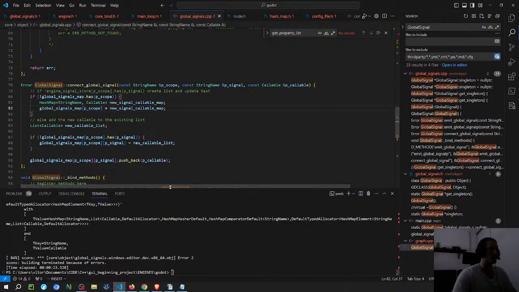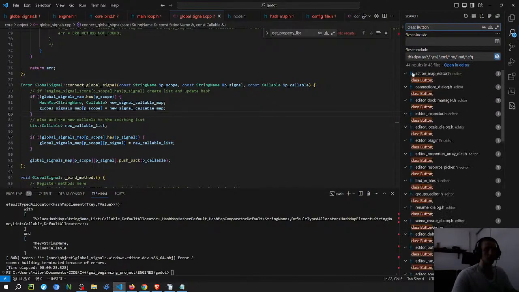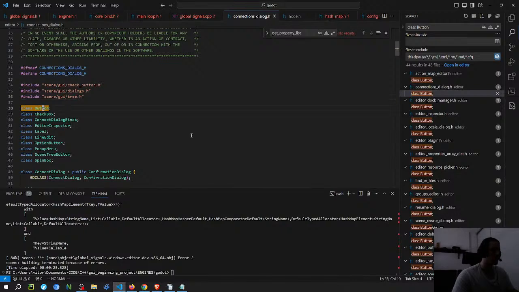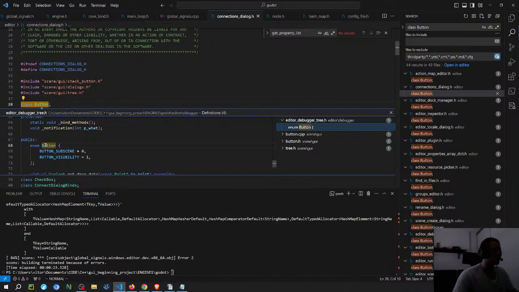Then the next thing that I'm gonna do is just create the other class. It's gonna be a custom button, and then I'm going to think on the constructor of the button, I'm just gonna use this class here to emit. Not in the constructor actually. I'm gonna see on the normal button how they do it on the editor. So there's this button class which they always use for everything on the editor. And this class, what is it?